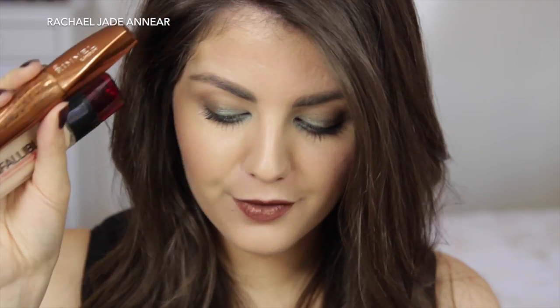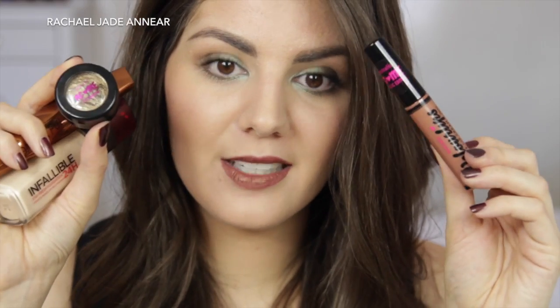I also have the Rimmel Wonderful Mascara, some new products from Australis from their limited edition metallic collection. There's also some primers to try and a little bit of the L'Oreal Glam Bronze. I'm going to show you how to use that and how that goes on. So if you'd like to see how to get this makeup look and my thoughts and opinions on all those products, then keep watching. Starting off with the base,